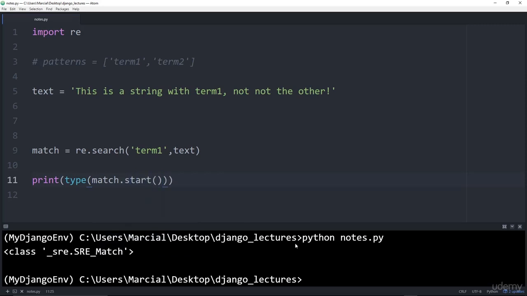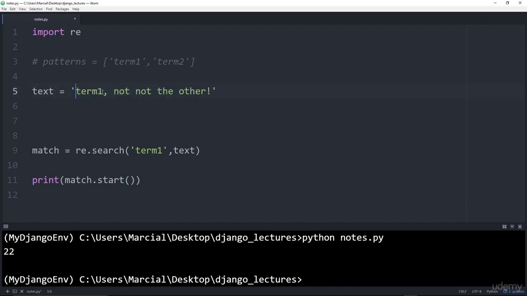close parentheses. And if I run this, I actually get back an integer. Whoops, that should have been outside of this type. Save this, and now run it again. Now I can see it starts at index position 22 within this string. And to prove that to you, let's make this text just say term 1. So I would expect the match to begin straight at index 0. If I run this code again, I get back the number 0 here, which makes sense because my match